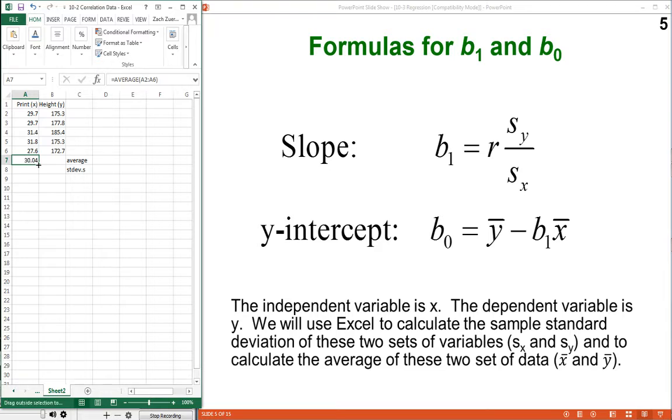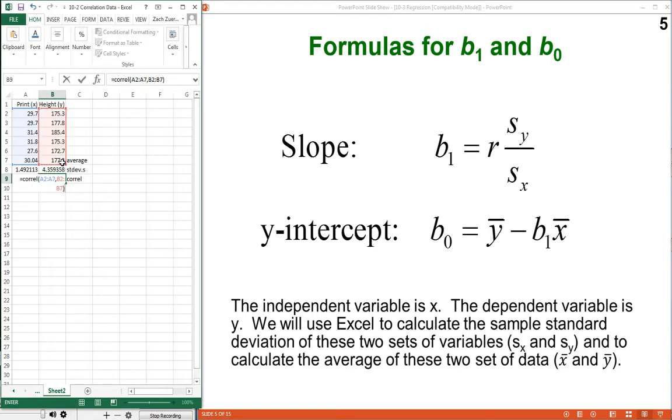And I'm going to do the same thing for the heights of the males. And then we need to find the standard deviation. It's a sample standard deviation of the shoe prints. And we need to find the sample standard deviation of the heights as well. And let's go ahead and find the correlation coefficient for these guys: equals CORREL, array 1 was the print, comma, array 2,